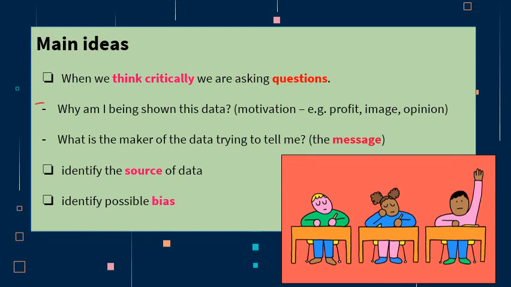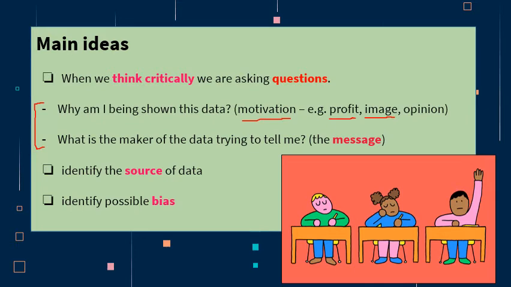Now, today, we really ask these two main questions. The first one is, why am I being shown this data? What is the motivation behind it? What is the person who's created the data or showing it trying to do? Is there a profit motivation, like with the KFC Twister one, where they're trying to get us to buy it because it seems healthy? Is there an image motivation, like with the Coca-Cola example, trying to promote themselves as being